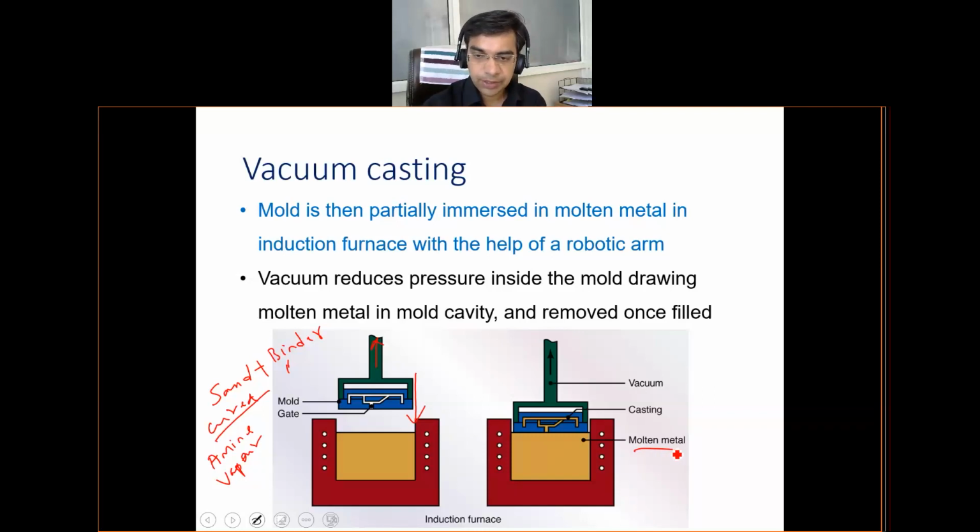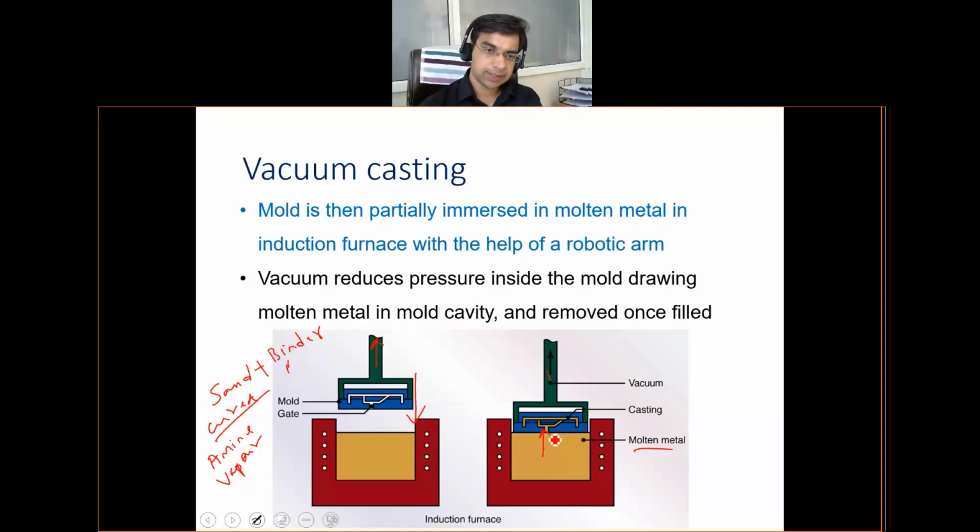So upon application of vacuum, you create a low pressure inside the mold, and this will allow the molten material to get filled inside the cavity. So what happens in this regard? We are not using gravity to bring the molten metal inside the cavity. Rather, this vacuum is being used. This removes all the air pockets in between, and the casting gets a very good surface finish